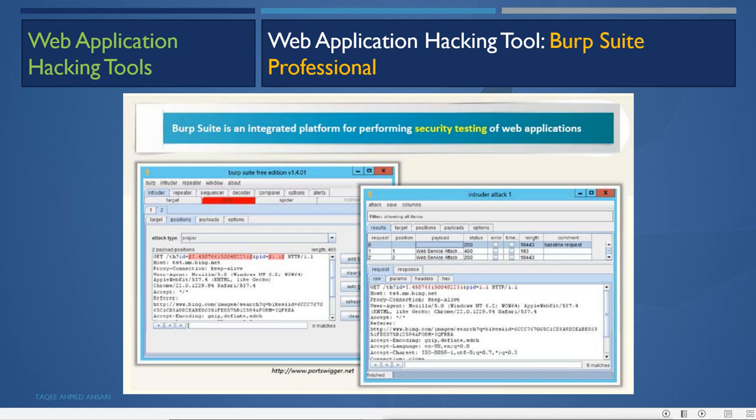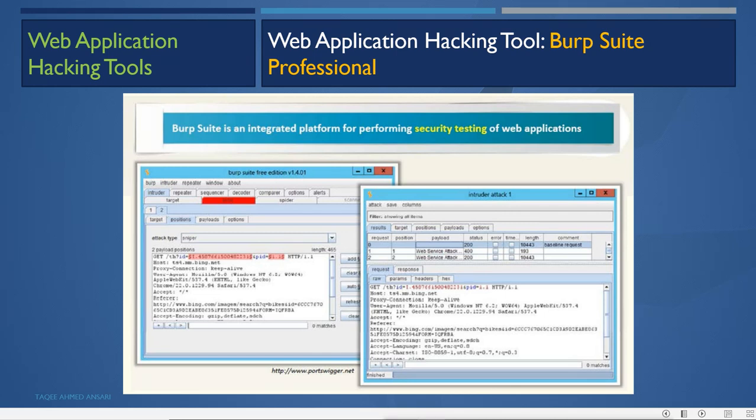So it acts like a proxy. Whatever you access in your browser, all the data will be sent to this tool, and then this tool will show you what request is going on and what response is going on. In this tool we can forward the request, modify the request, and also drop the request.